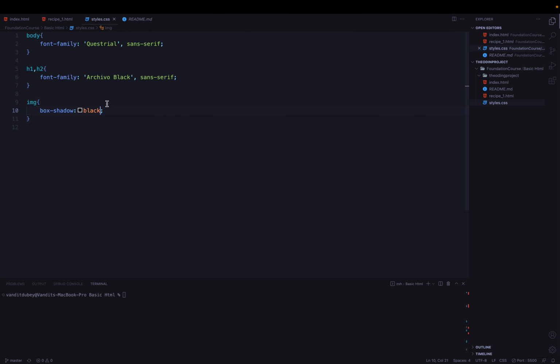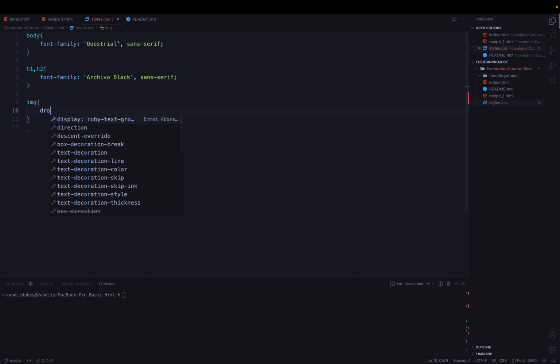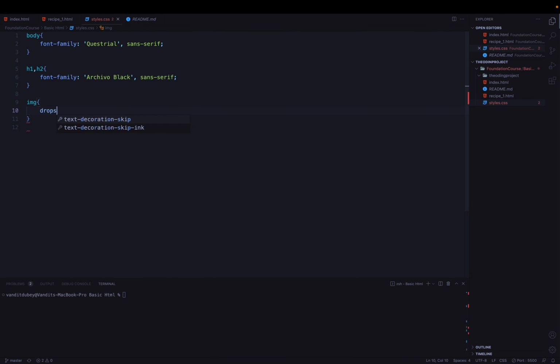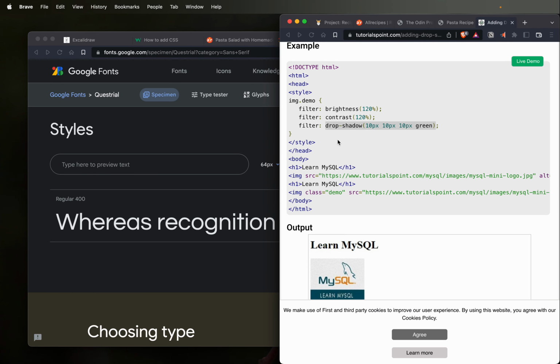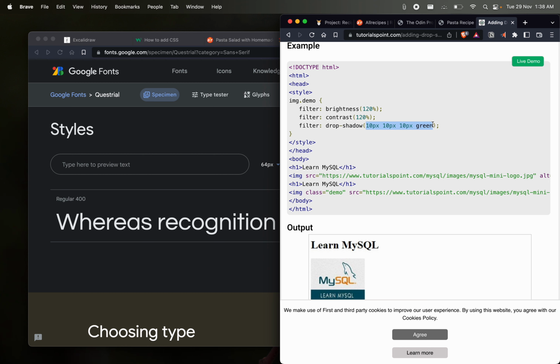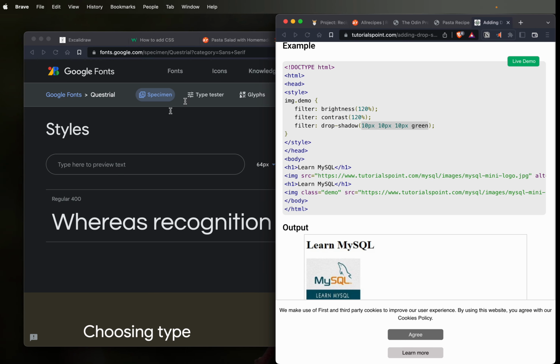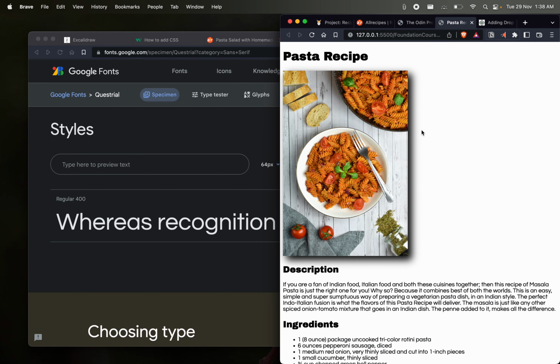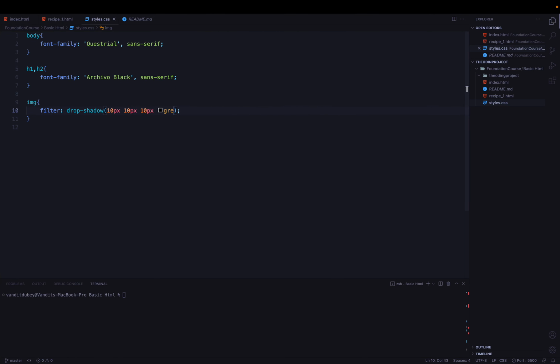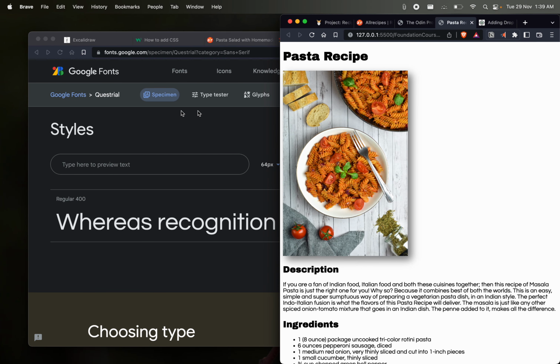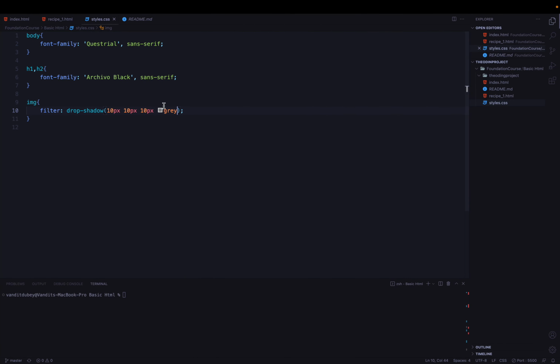let's try to use this. Drop shadow. The irony here is we don't know how it works, but still we are using this property, and that's just amazing. Black, and it becomes a real beauty. Gray and